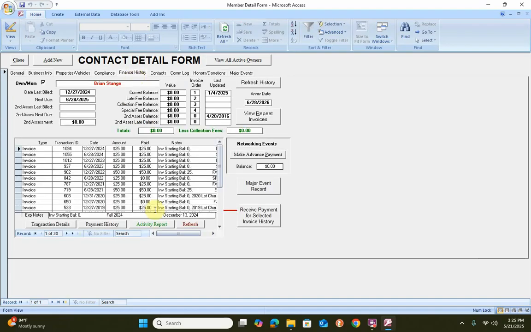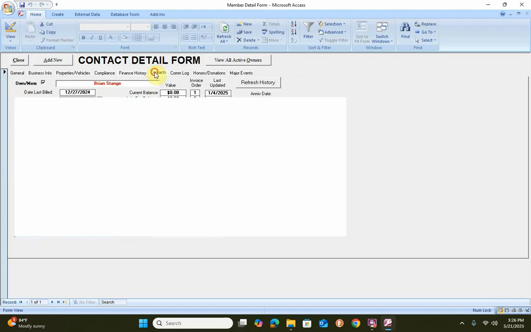Finance history. It'll say everything you've ever paid them or ever received from them in this history. It'll also tell you their current balance, late fee, collection fee, special fee, second assessment. It'll keep track of all that. It'll tell you the date last billed. This is the most important date. When are they next due? Because in the auto invoicing, we'll use that. Then, of course,